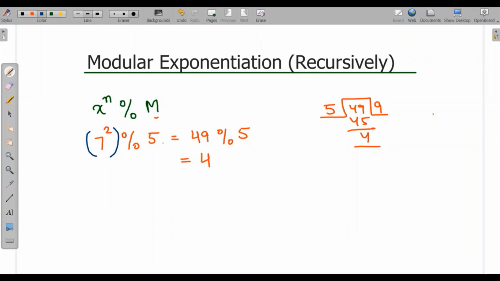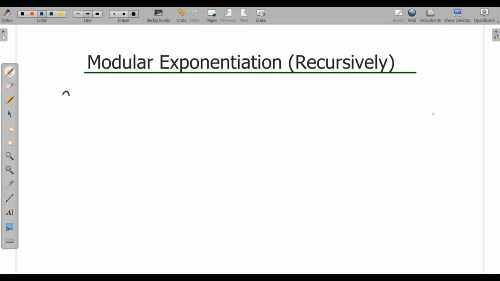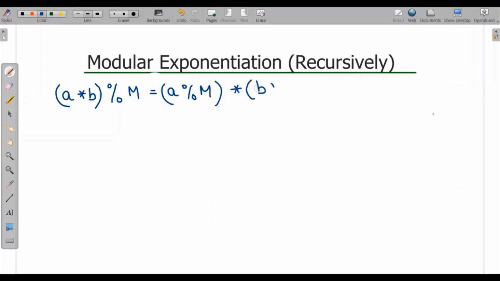Our problem, for example, let's delete this. So if we have a into b modulus m, this we can solve through a modulus m into b modulus m and then completely modulus m.